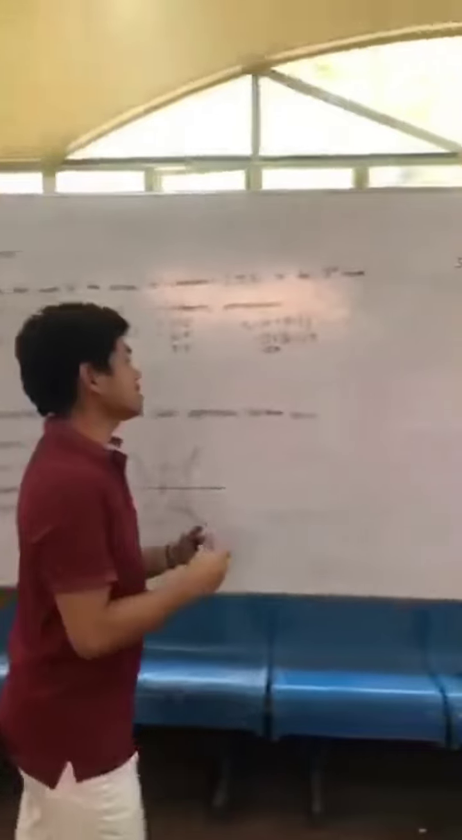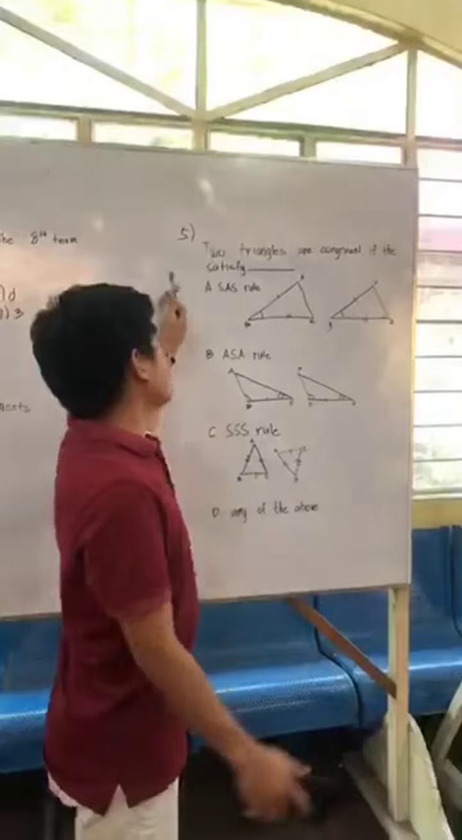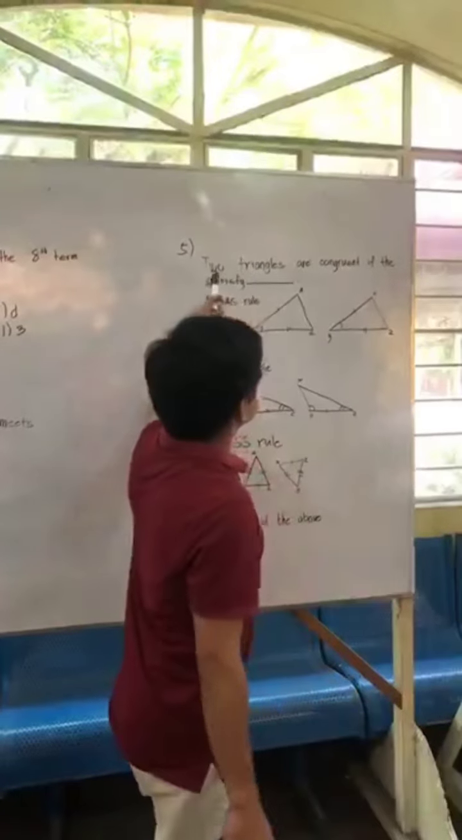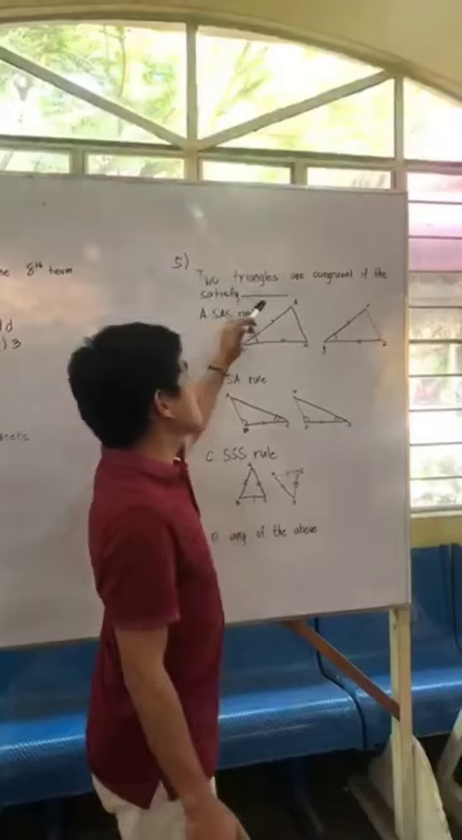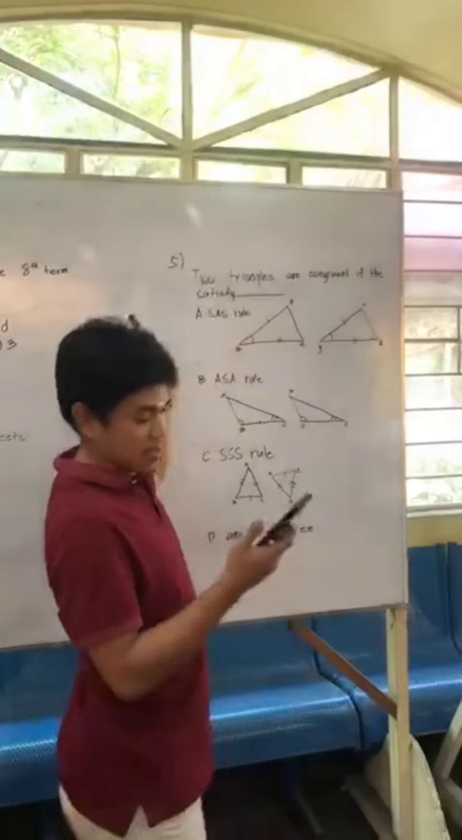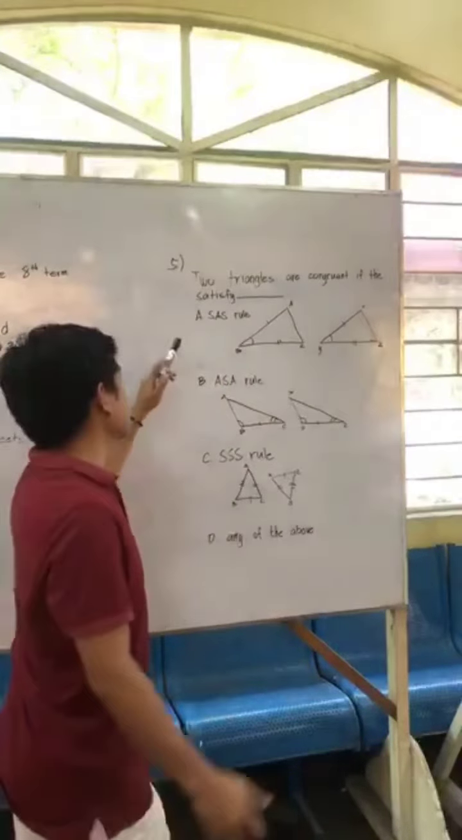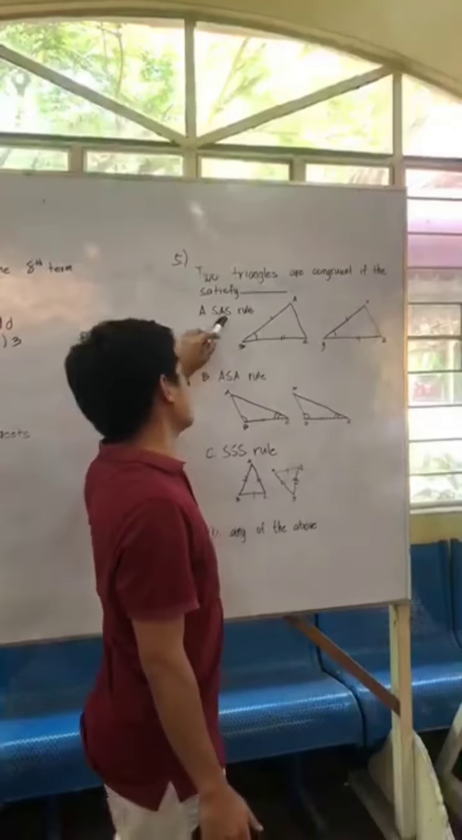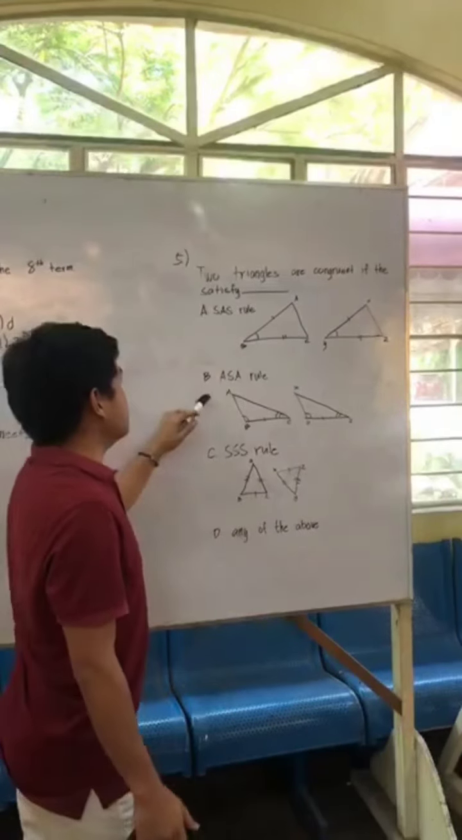So last, number 5. Two triangles are congruent if they satisfy. So congruent means having the same size and shape. So letter A, SAS rule, or side angle side rule. B, A